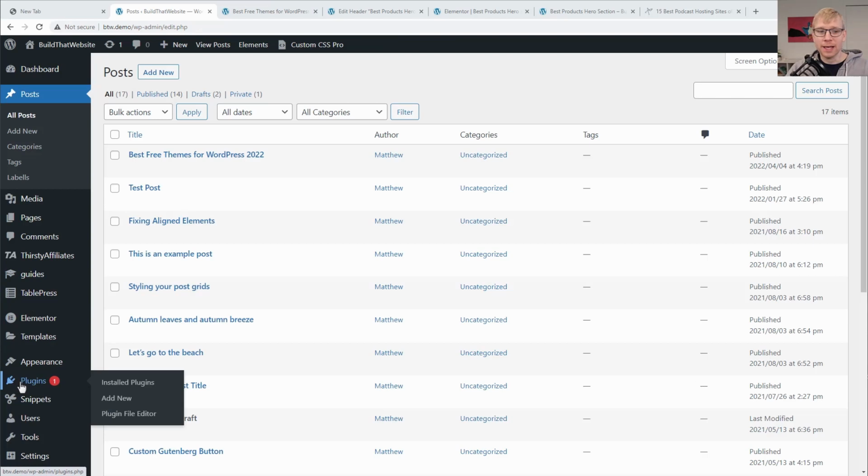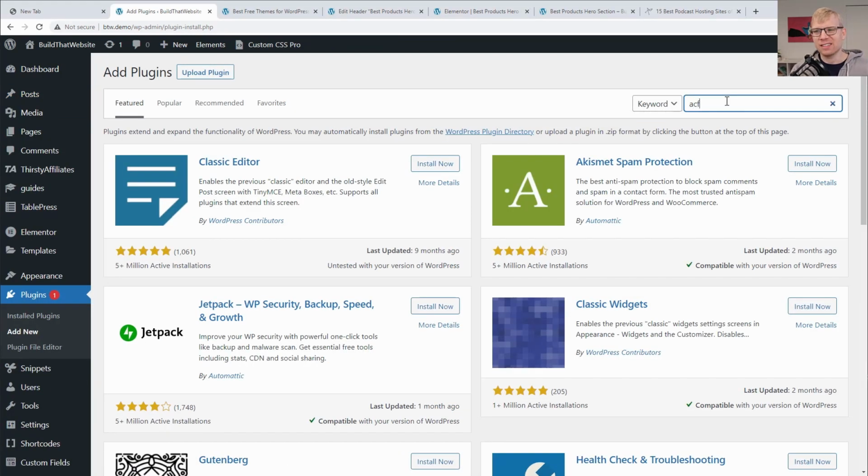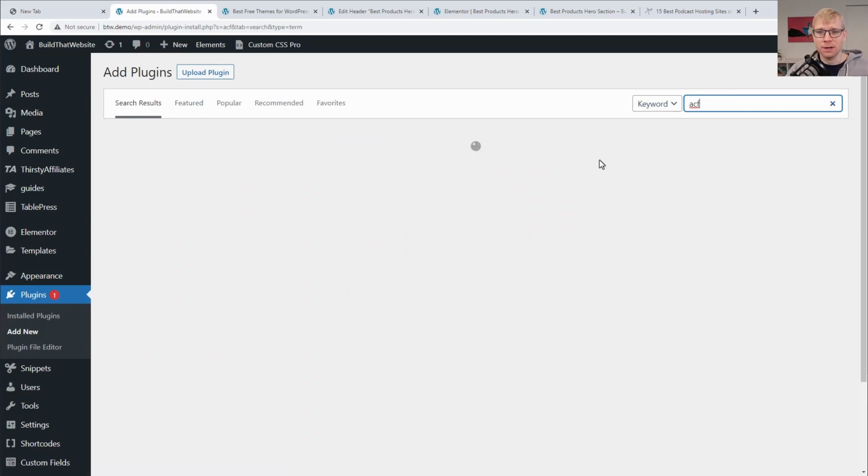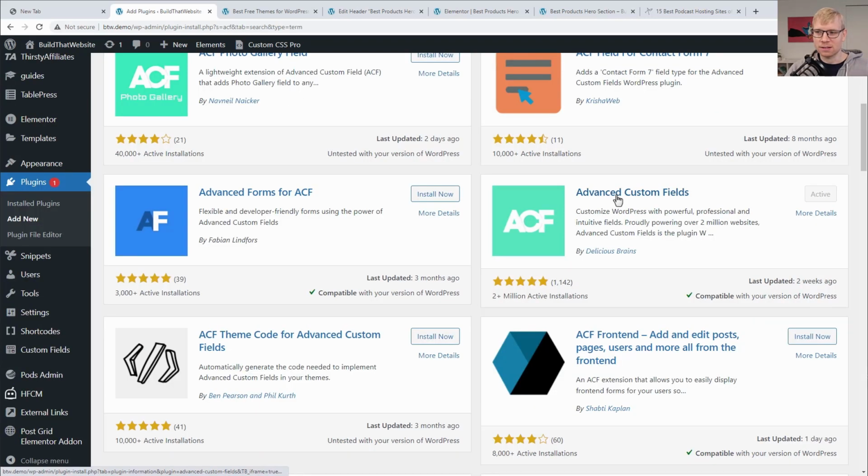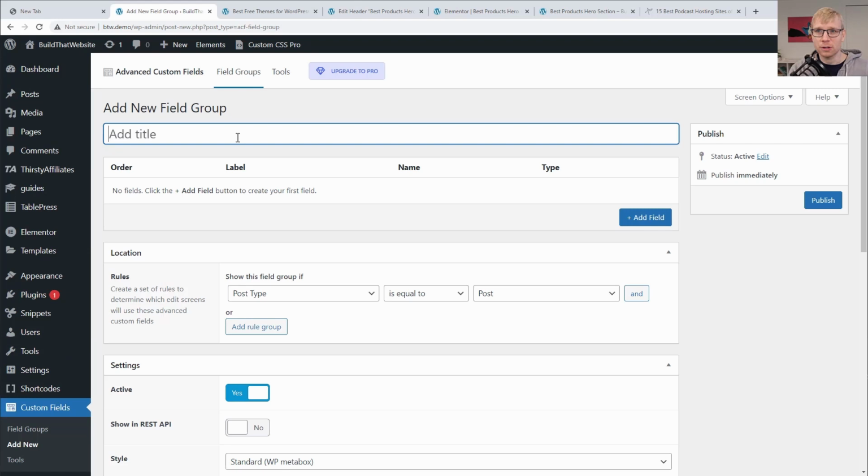All right, so if you don't already have this plugin, you can go to Add New, just first search for ACF or Advanced Custom Fields. This is the plugin you want. So install and activate, and the free version is all we need. And once you do that, you'll see the Custom Fields dialog box show up in your dashboard. So we're going to go to Add New, add a new field group, and we're going to call it our Top Products